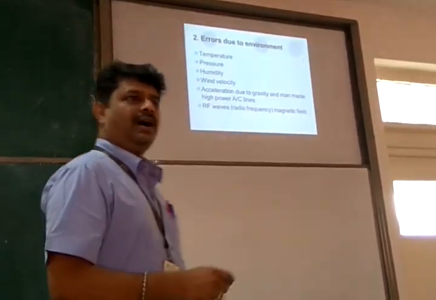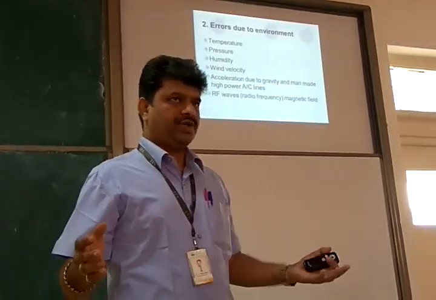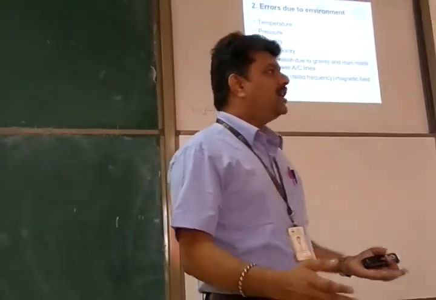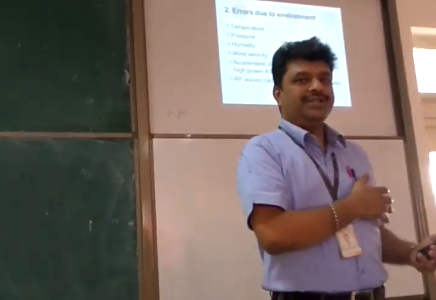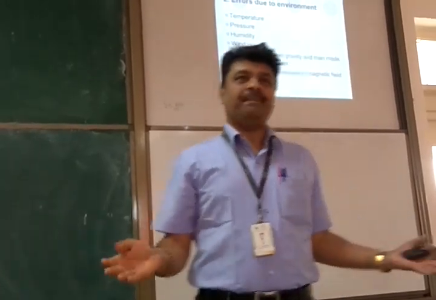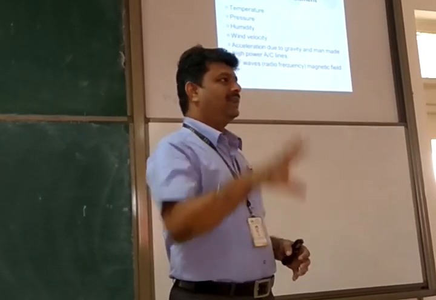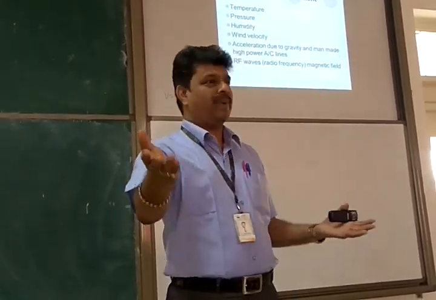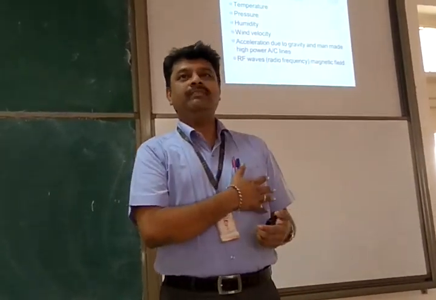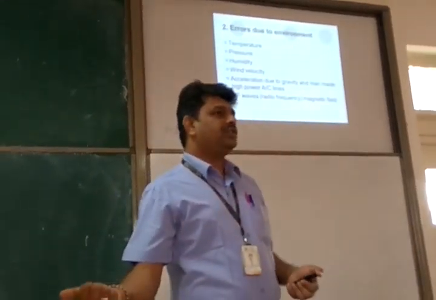The more dangerous sources of error come from the environment. What is meant by environment? The temperature, pressure, humidity, the high power lines. 20 years back, there was no source of error like radiation from cell phones. The only RF signal available in the air was All India Radio, AIR, transmitting some RF waves. Today, see how many electromagnetic waves every one of you is carrying as a source of error. Every one of you has a cell phone which is transmitting some waves,